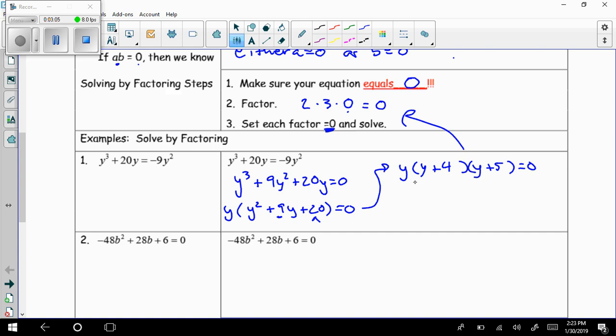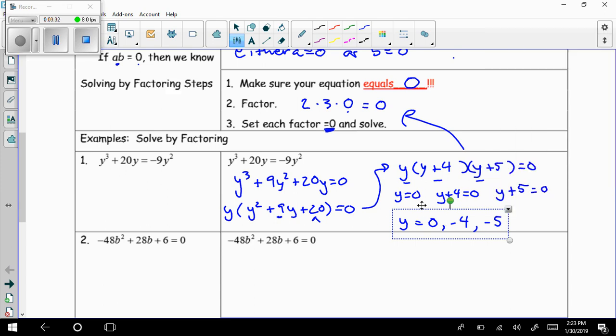So we have 3 factors here. 1, 2, 3. So y equals 0. Y plus 4 can equal 0. Or y plus 5 can equal 0. So we want what y values would make any of those equal 0. Well, y equals 0 doesn't need solving, so that's just 0. Here it would be negative 4, and here it would be negative 5. So that is your solution set for this